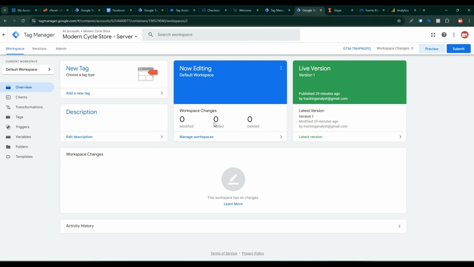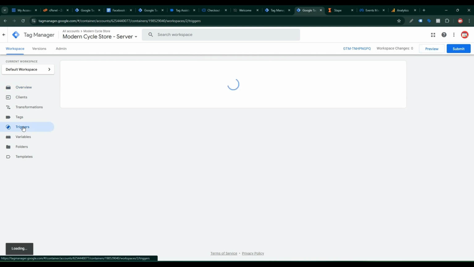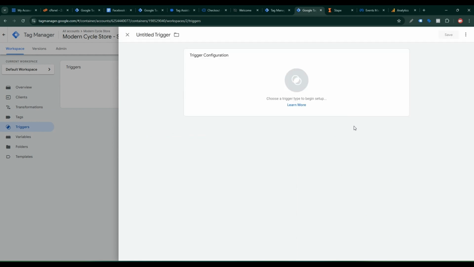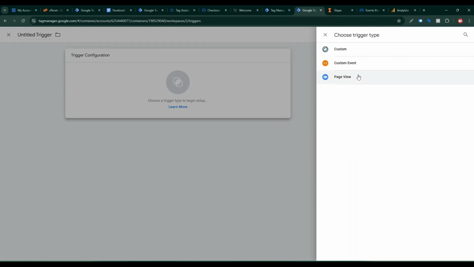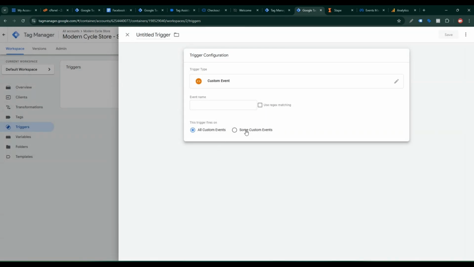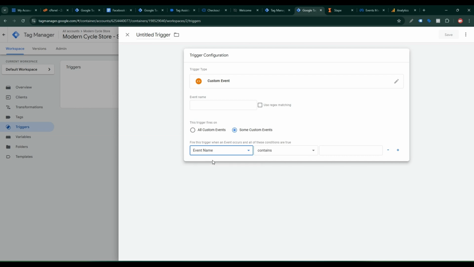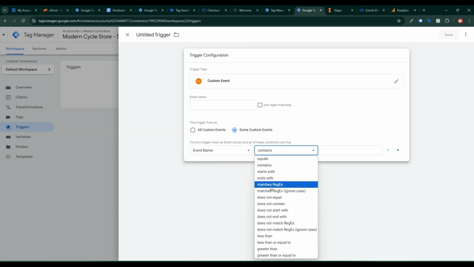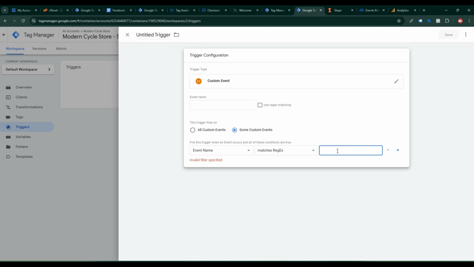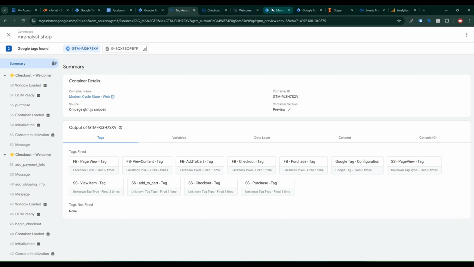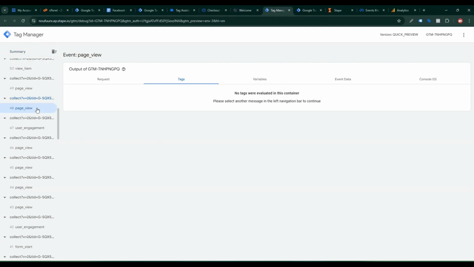So go to the Google Tag Manager server container, then click on triggers, then click on new, then click custom event. Here you will select the regex match option. Firstly copy your event name. Like if you check here, firstly copy page view,